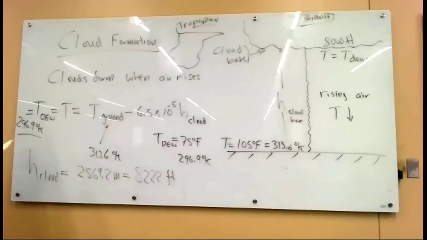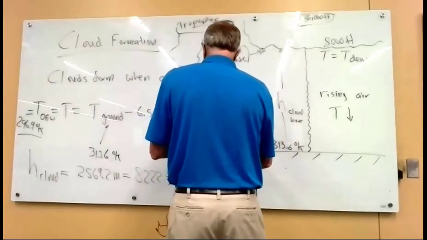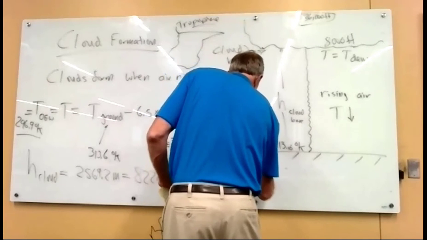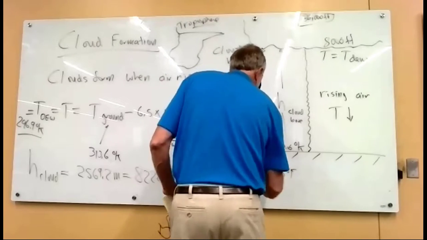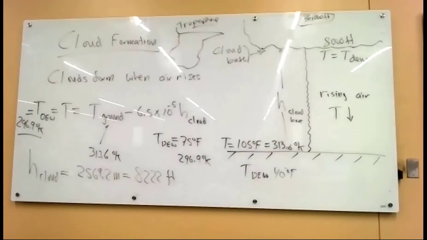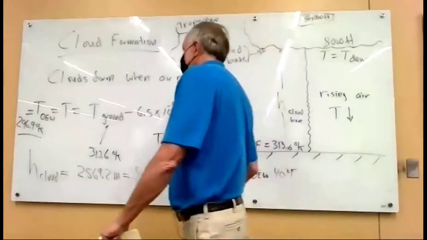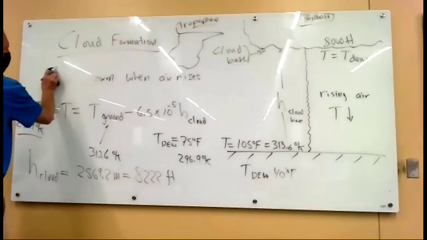All right, let's say we had another day. And on this day, we still have the same temperature here, but let's say the dew point is low. You got to cool the air down quite a bit, all the way to 40 degrees. So it's really dry air near the surface of the Earth. And so if you use that number in for the dew point converted to degrees K,